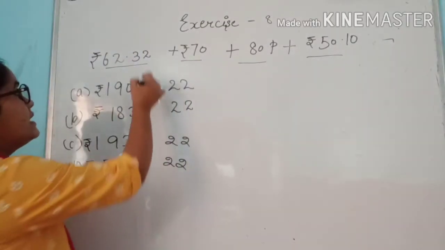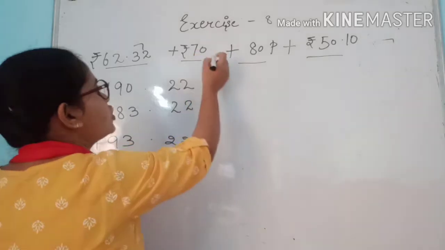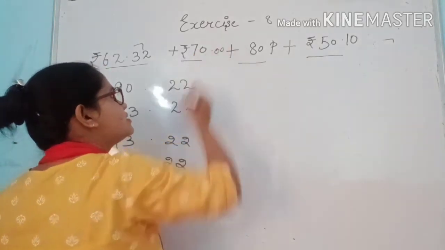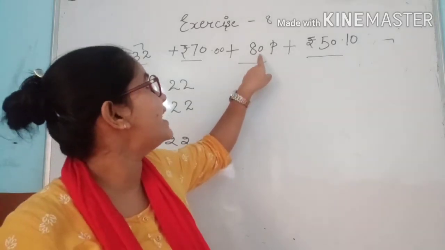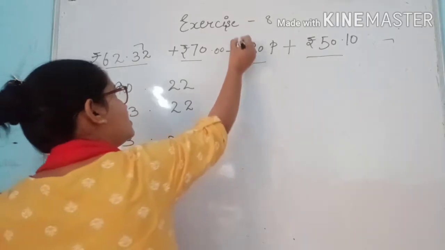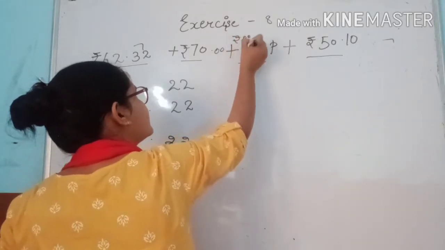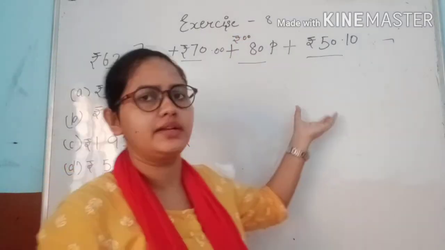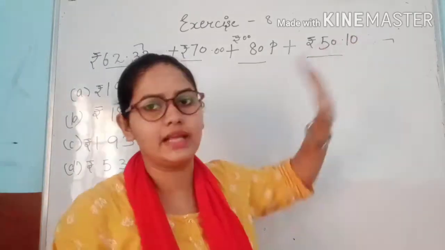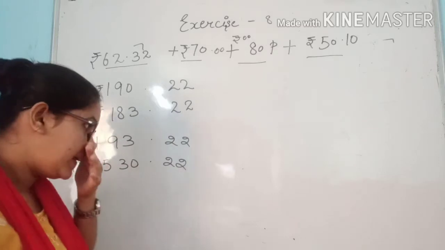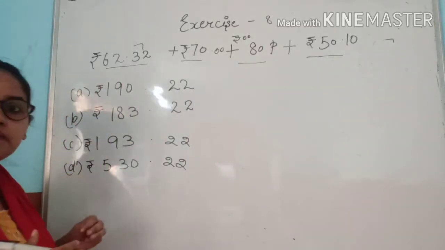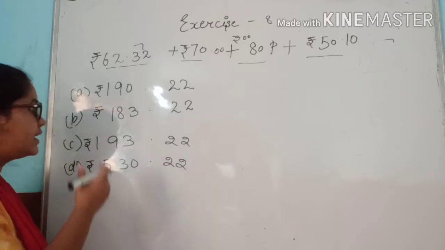Just like you can see here is paisa. Okay, there is no paisa, so we can suppose that there is no paisa, so we will take 0 here. Now you can see here is 80 paisa. Now rupees are not there, so we will take rupees as 0. Now come to the fourth statement, which is 50 rupees 0.10 paisa. Okay, now you can imagine that the answers are given to us here as A, B, C and D.